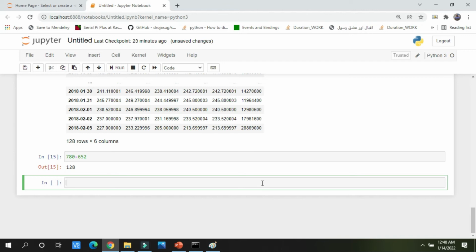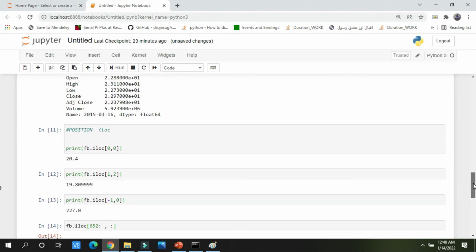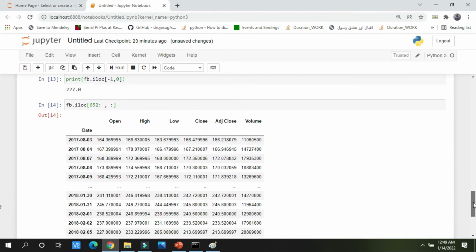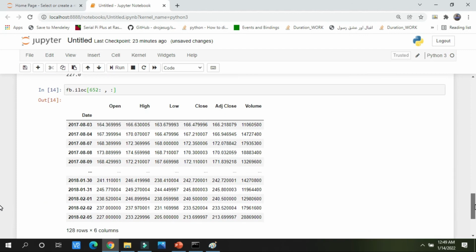So let us move forward, and now we have sliced the data of 2015. Now I want to do one very interesting, amazing thing. We know how to slice, we know how to select any value by position, and we know how to select a value by label. Now there are many columns, and I want to plot the column for a certain year.